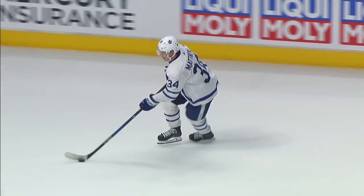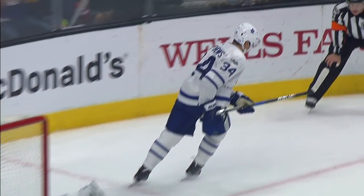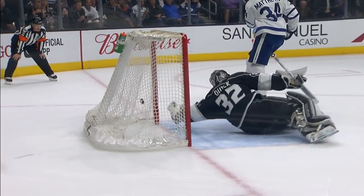Now, Matthews from the side. Look at that, get puck moving. Quick tried at the end maybe to get a poke check involved here, but you see that fake? That's the fake that got Jonathan to bite. And then once the goaltender goes down,